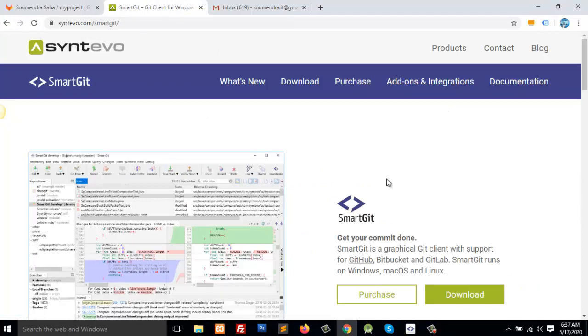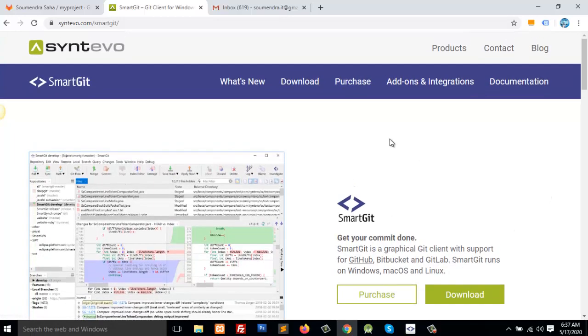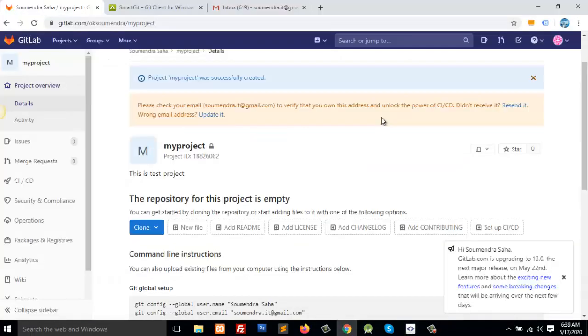So you need to first download SmartGit and install it on your system. That is very simple. And after the installation is done, if you open SmartGit, it will be something like this. So now I need to set up Git on my SmartGit.